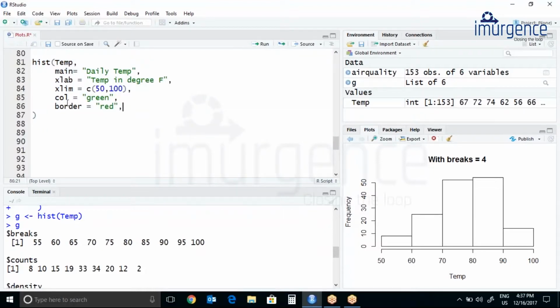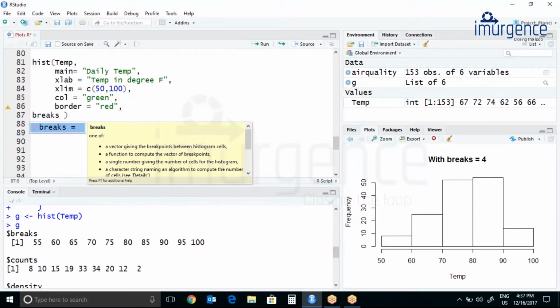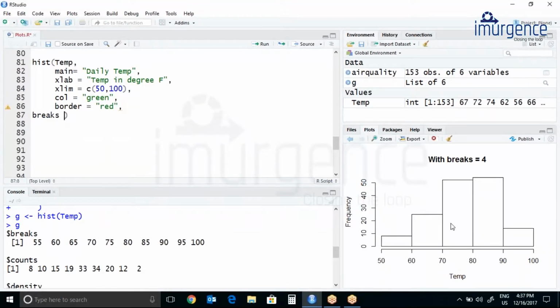Let's remove this comma, and let's add one more parameter, breaks. So there will be multiple breaks, so we will use the concatenate operator.